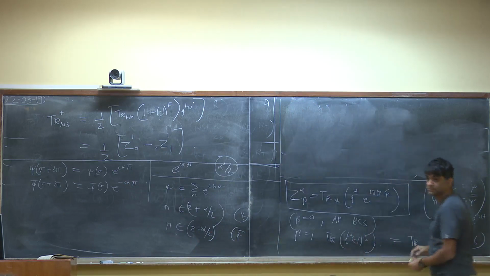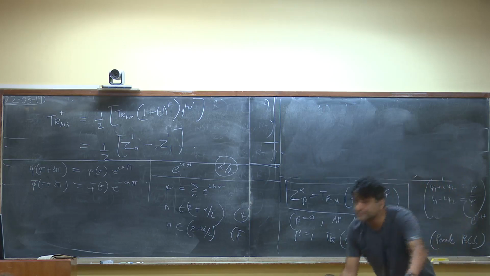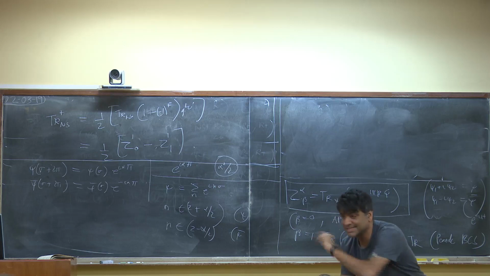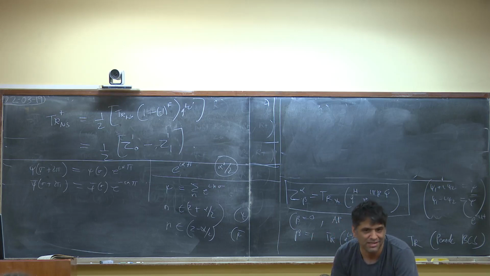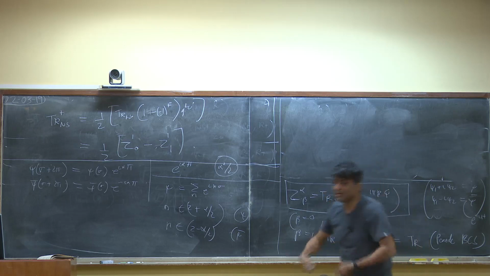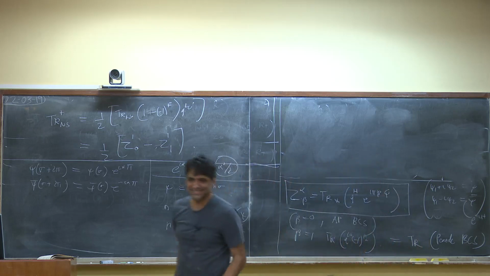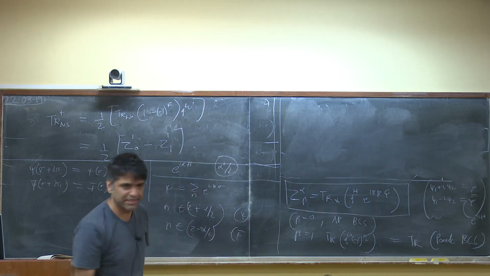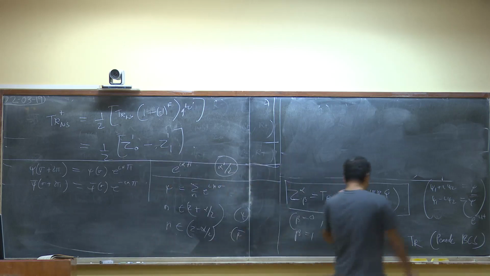Are we considering other options besides alpha equals 0 or 1? We're never going to consider, for this problem, any other options. Later in Polchinski, he sometimes considers orbifolds, for which this more general formula is useful. That's why he's working it out here, because it's as easy to work it out for general alpha and beta. In fact, in some sense, it's easier because you work it out once and for all. You don't write many cases. But for our current purposes, alpha is always 0 or 1. So if it helps you, just think of alpha as 0 and 1. Okay.